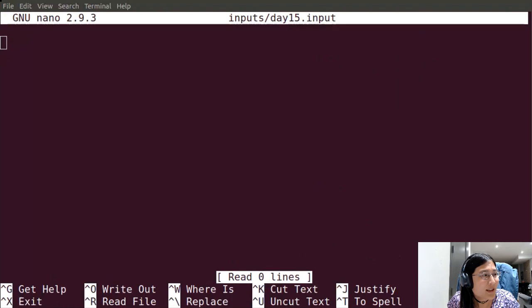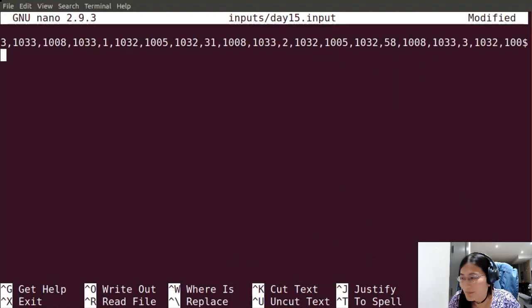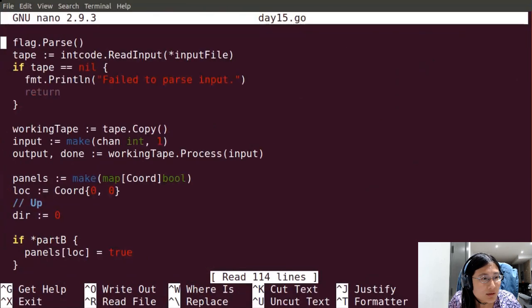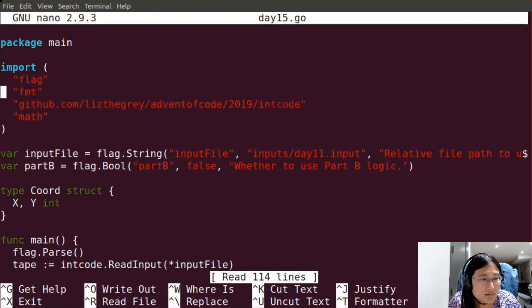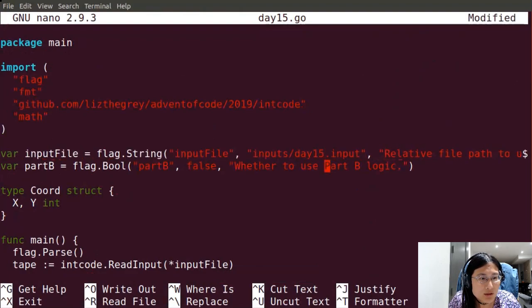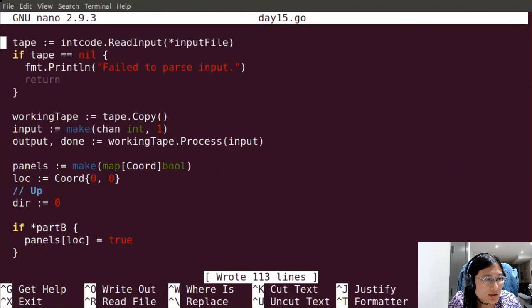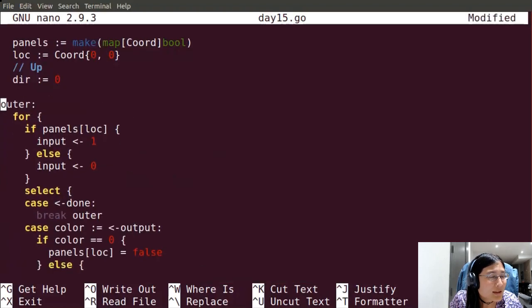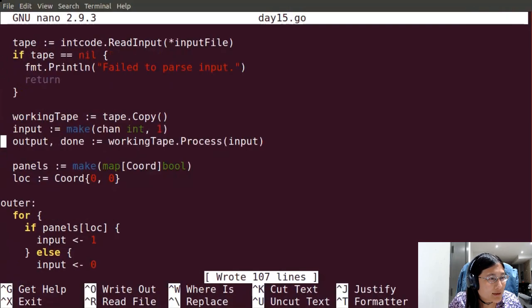So we'll go ahead and paste this in here. And so I'm going to read this in. So I think this is all fine. That doesn't matter. There's no direction, but I do start at the coordinate 0, 0.